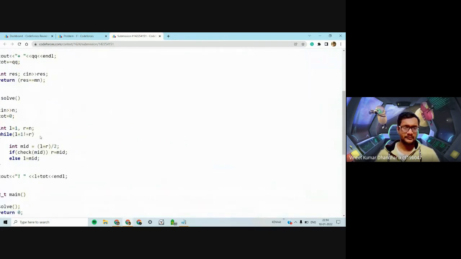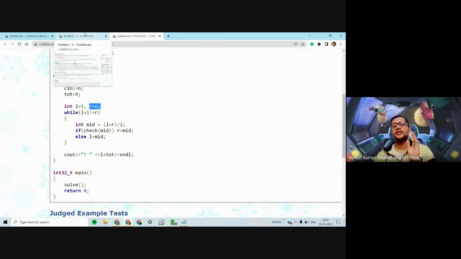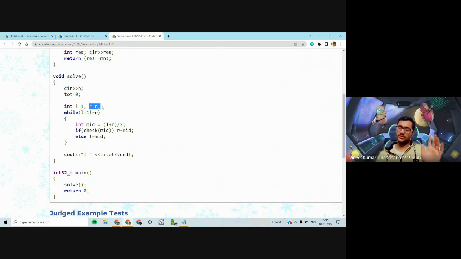We initialize L as a number such that the answer is always greater than or equal to L, and R as a number such that the required number is always less than R. So we always ensure that the actual number X is between L and R, L included, and when L plus 1 equals R, we know the original X should be L. So we initialize L as 1, R as n, and then do the binary search.